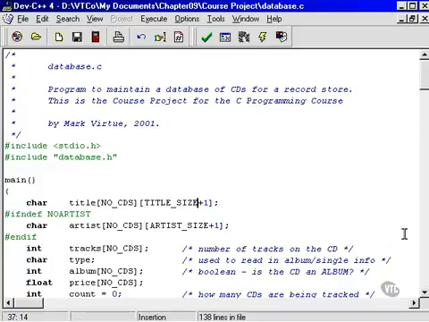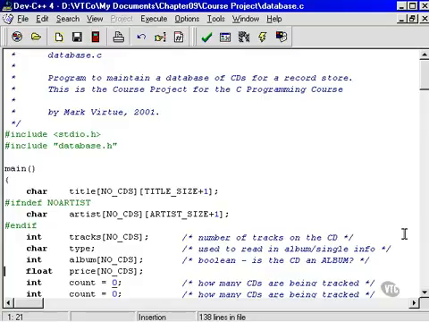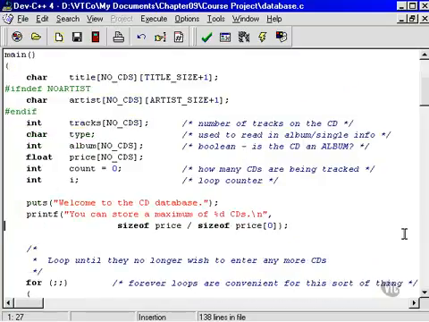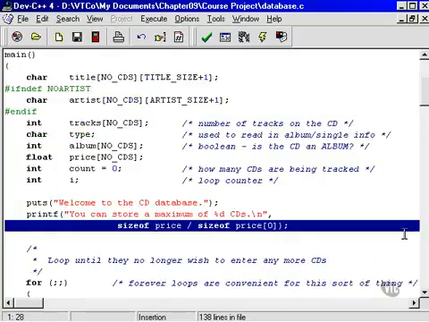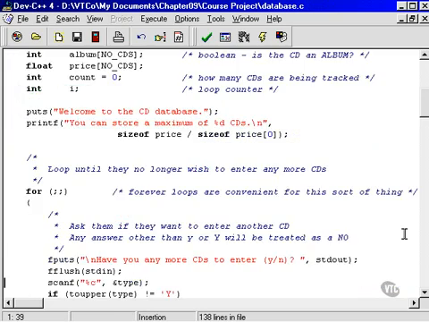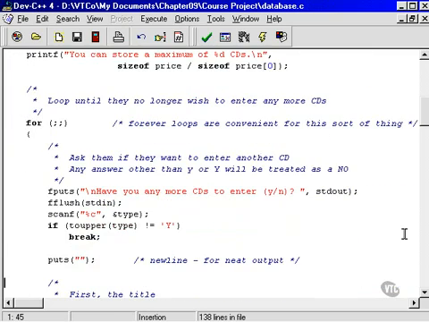Now before we have a look at this line here and this line here, let's just go through the program and see if there are any other instances of where we've used those three hash defines. Well, notice that I don't need to change that. That's working perfectly okay. I don't need to change those to make reference to the hash defines. And scrolling through